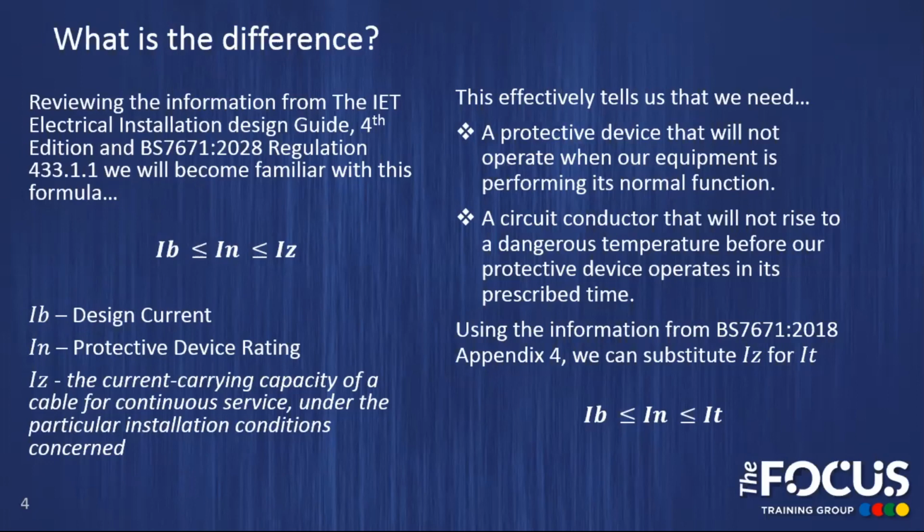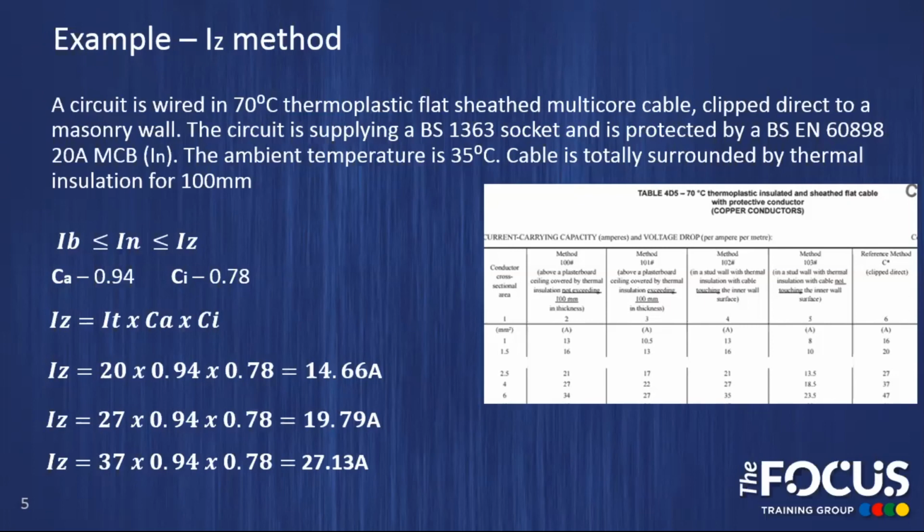Now our formula reads Ib, our design current, should be less than or equal to In, our protective device rating, which in turn should be less than or equal to It, our tabulated current-carrying capacity of our cable. We can now look at an example using both methods, starting with calculating Iz